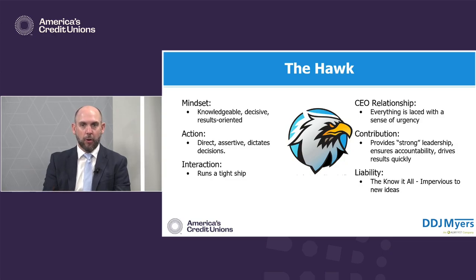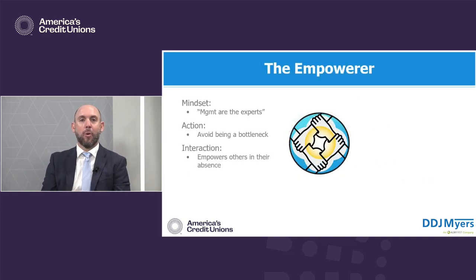The liability, you've already heard it from me here, is they might be a know-it-all. They might be impervious to new ideas, and that can be domineering and stifling dissent. They may even reward acquiescence, right? Oh, so-and-so, you're going to come along quickly here, once you learn how we run things here. What that can be, for other directors, is, well, I want to stay off of that hawk's radar, and so I'm going to go along with the program. And they may not even realize that that's a decision that they're making as the other directors, but it can be a liability.